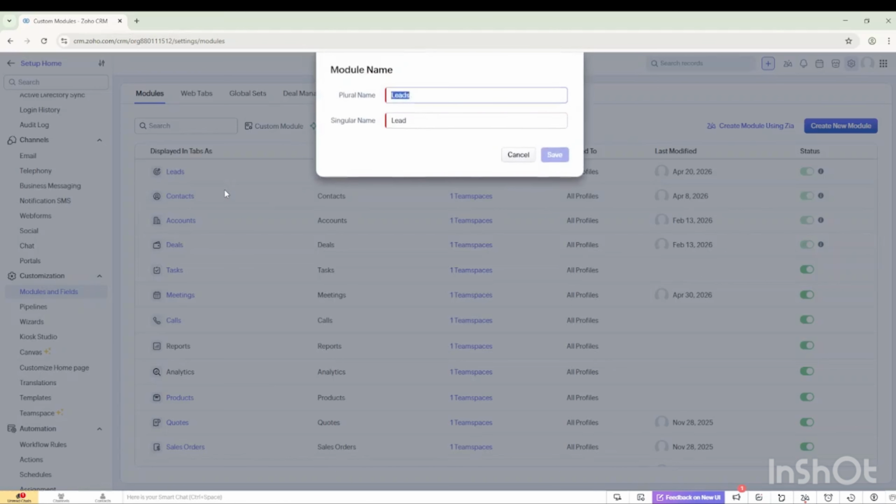Once you click on rename, the system will ask for the plural name and the singular name of the module we're trying to rename. Currently the singular name is lead, while the plural name is leads. So we'll just call this prospects, because that's the plural name, and the singular name is going to be prospect. If I click on save now,